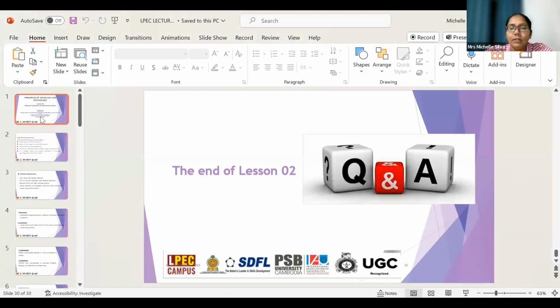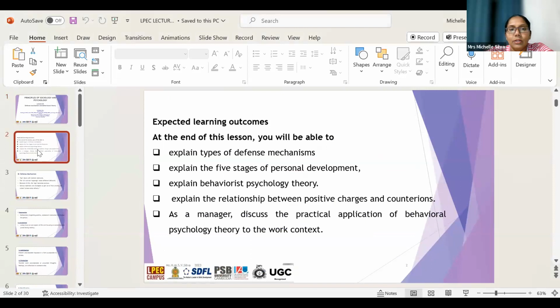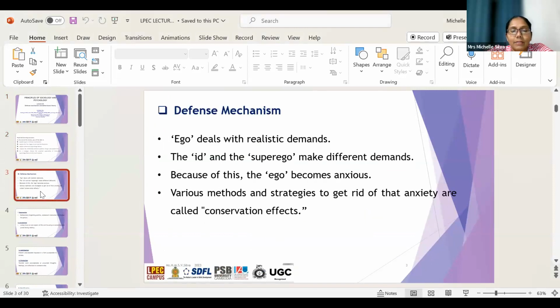When we refer to this presentation, initially I said what is meant by defense mechanism, and what is the reason for using defense mechanisms, because there is an imbalance between id